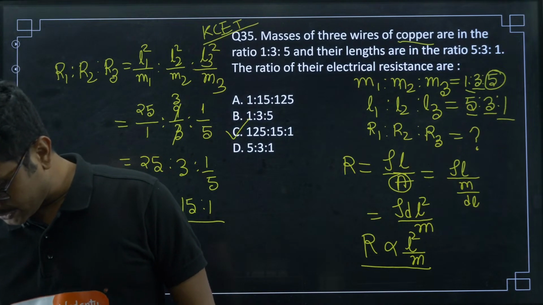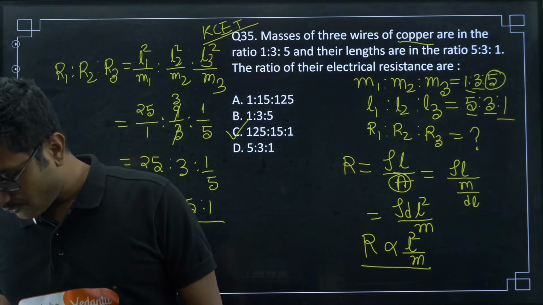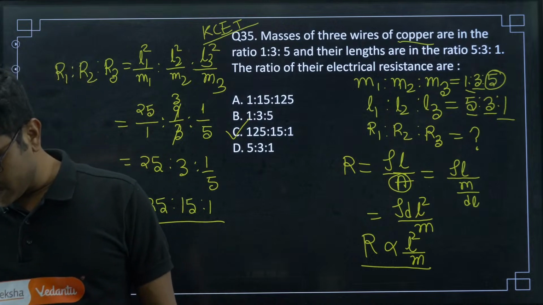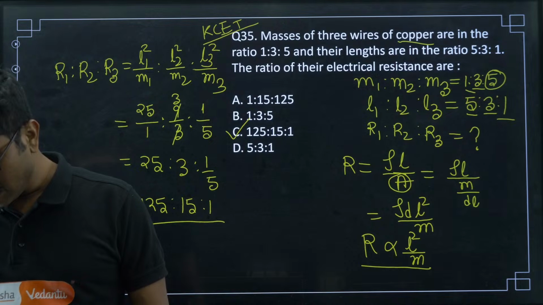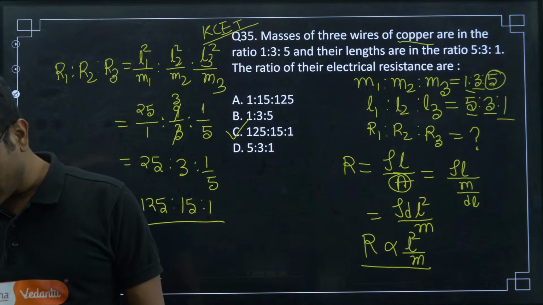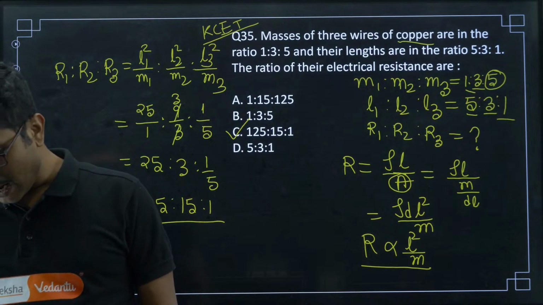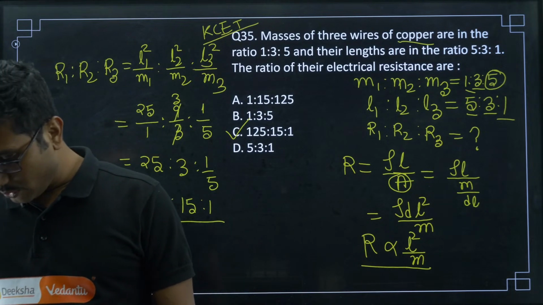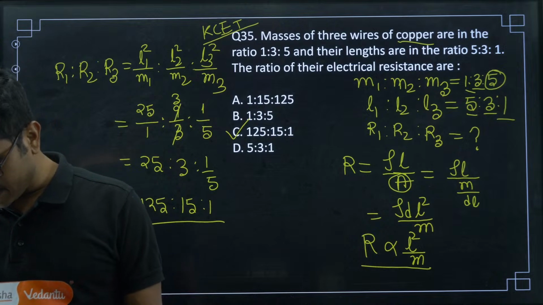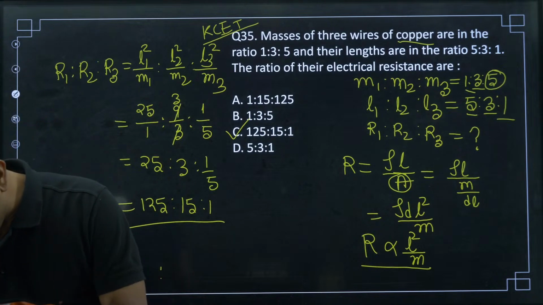So let me see the question. Wait, Varija. A wire of resistance 4 ohm is used to wind a coil of radius 7 centimeter. The wire has a diameter 1.4 millimeter and the specific resistance of the material is 2 into 10 to the power of minus 7 ohm meter. The number of turns